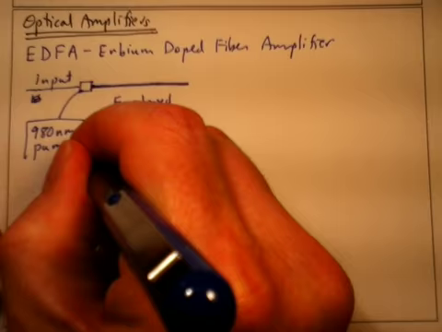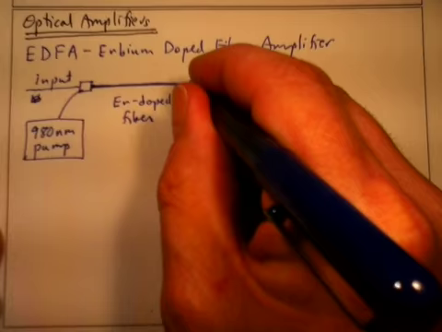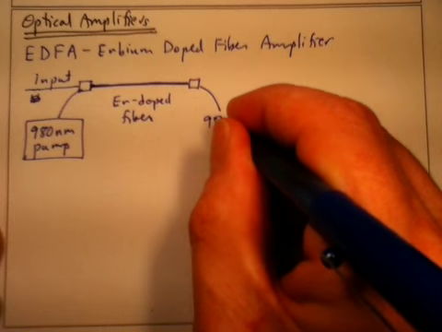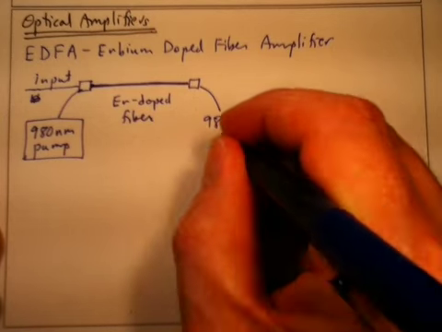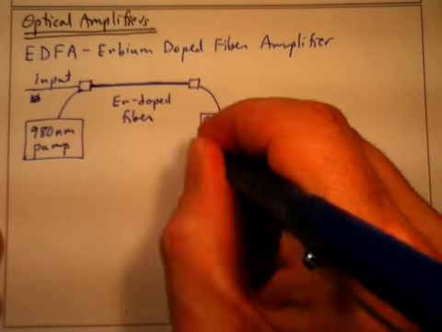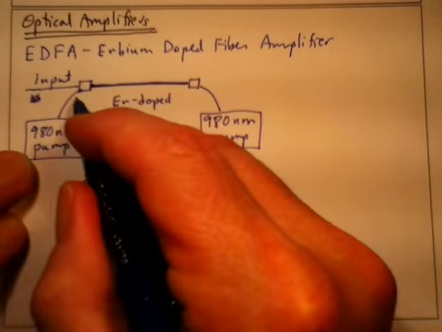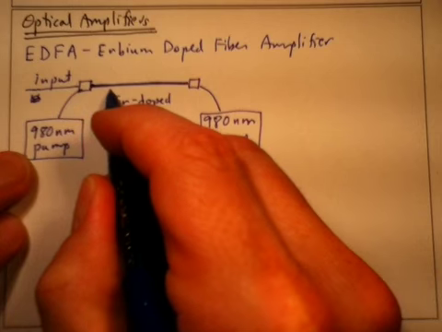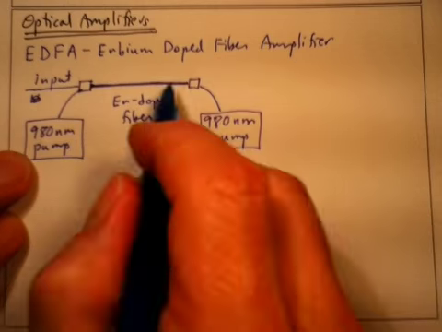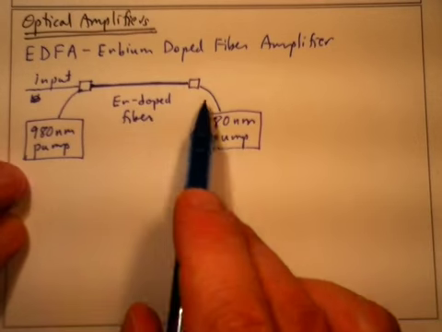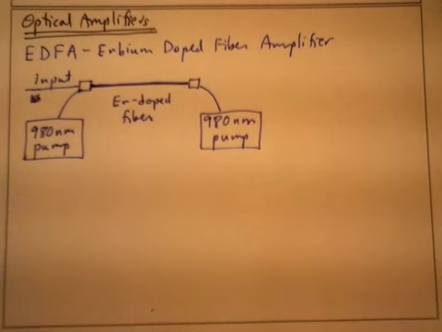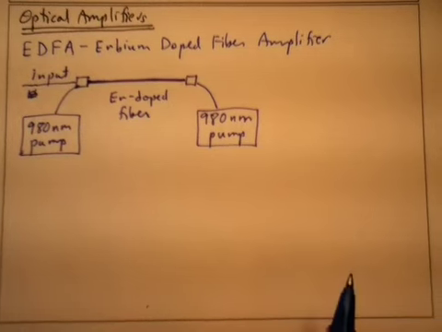This pump laser can pump that erbium fiber, and I think in modern amps they have 980 nanometer pumps coming in from both sides. The 980 pump is very strong on this side of the erbium doped fiber, but then it dies out. So if you pump from both sides, you can keep the number of 980 photons in this erbium doped fiber quite high. And I'm not going to go into any of the details on how all of this works,